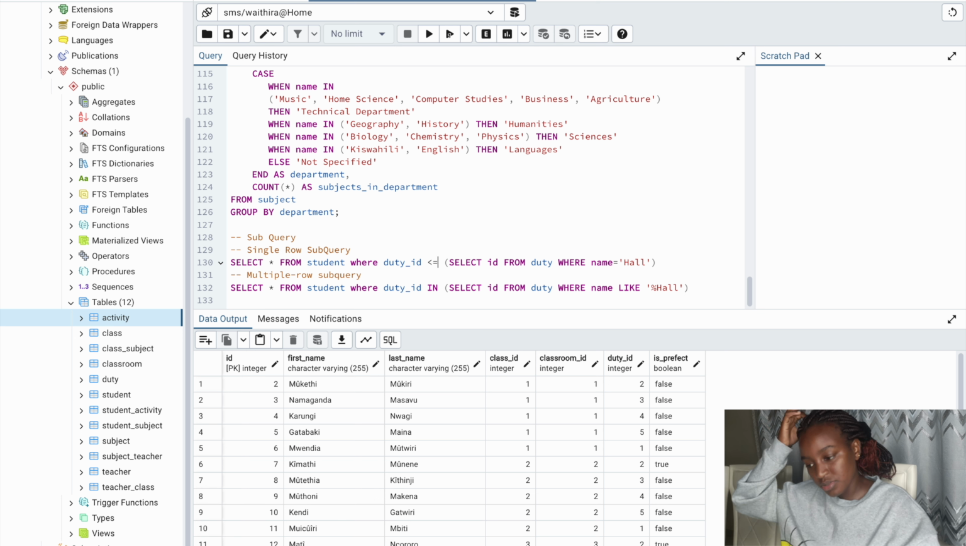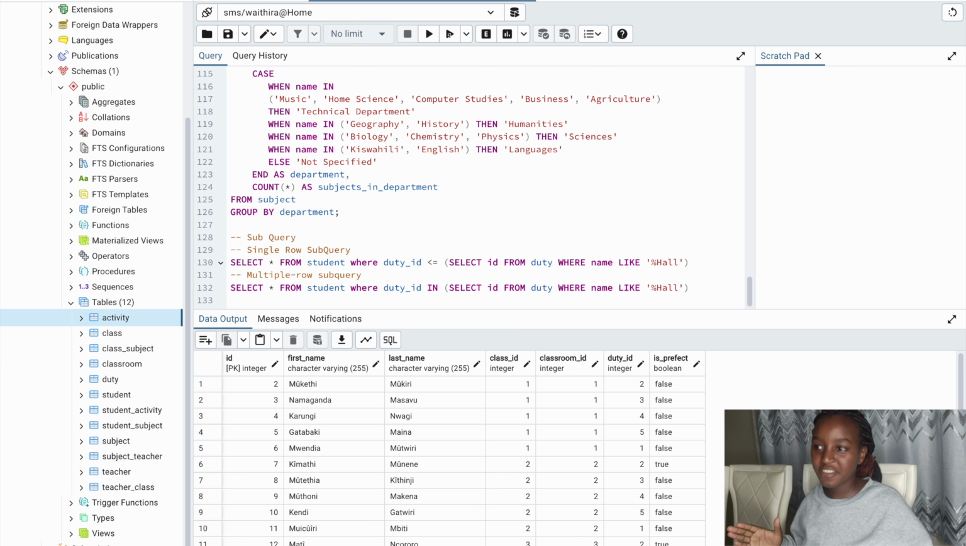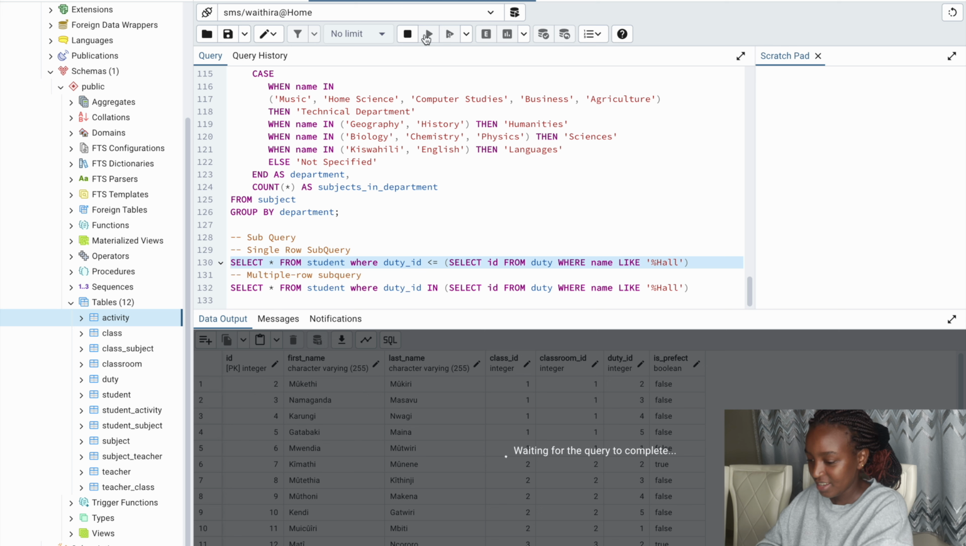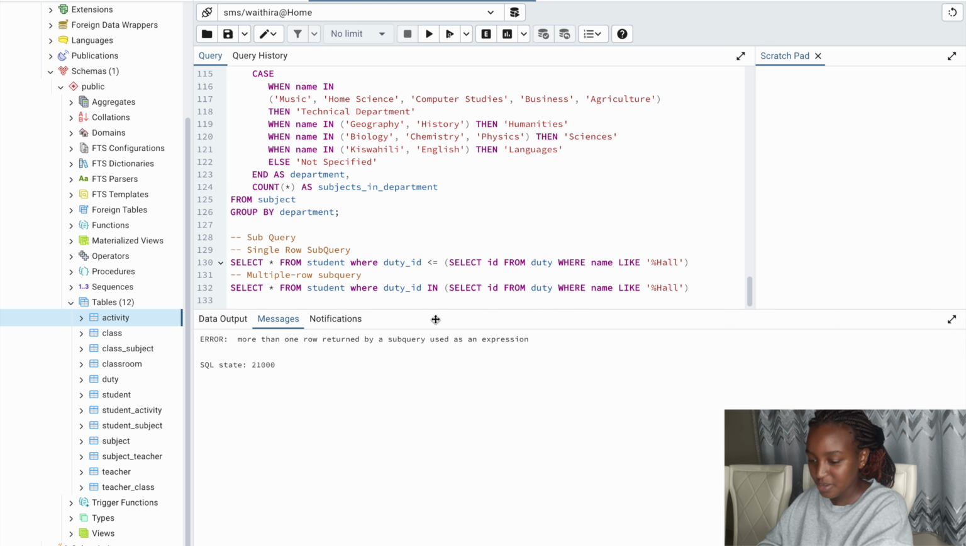And like I said, we do expect it. So let me try to return more than one row here. Select ID from duty where name like whole. So basically it will give me everything that matches whole or has more words in front of it. And I get an error: more than one row returned by a subquery used as an expression. So this is an